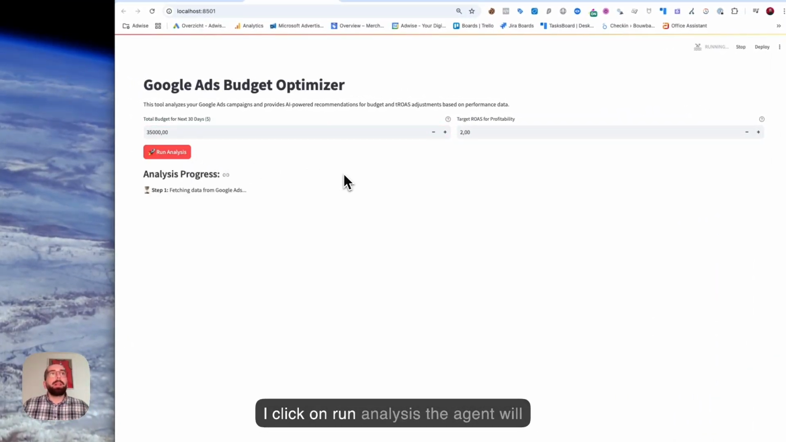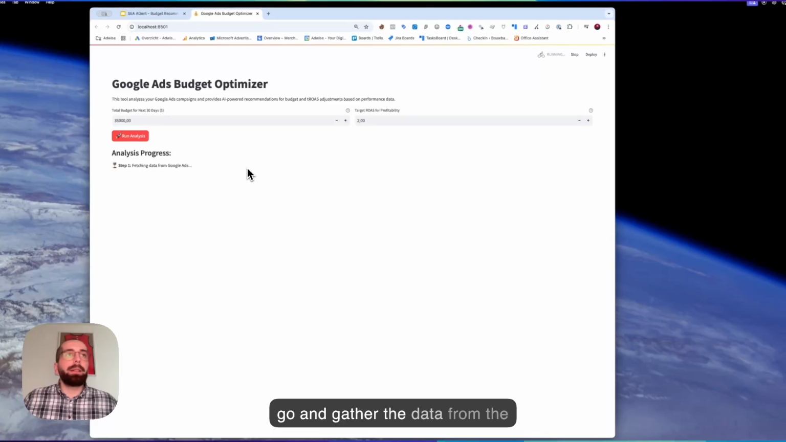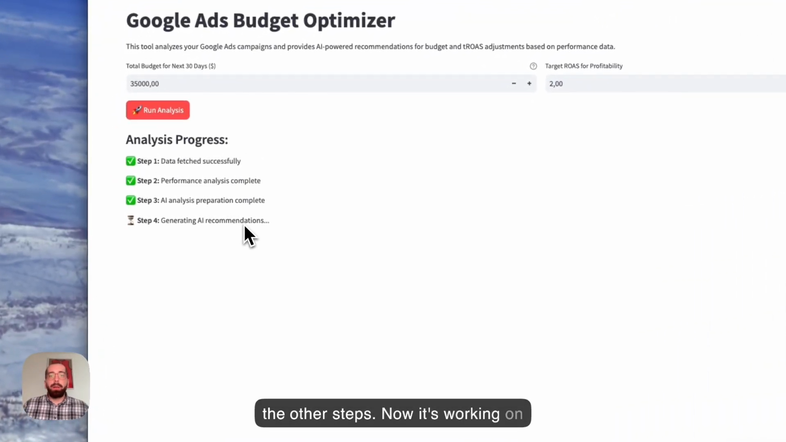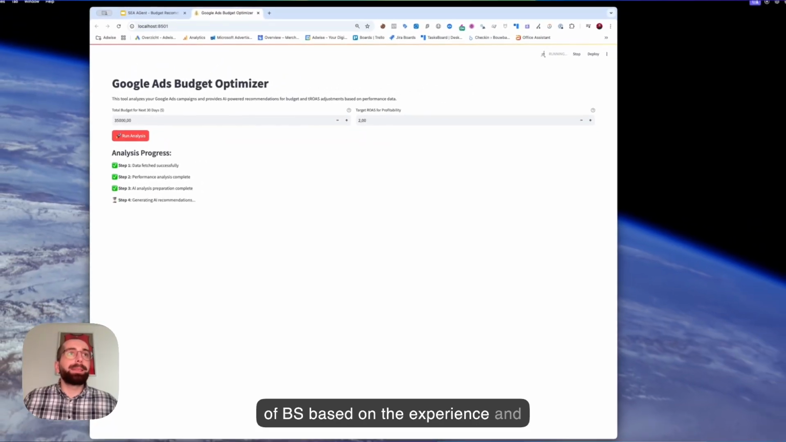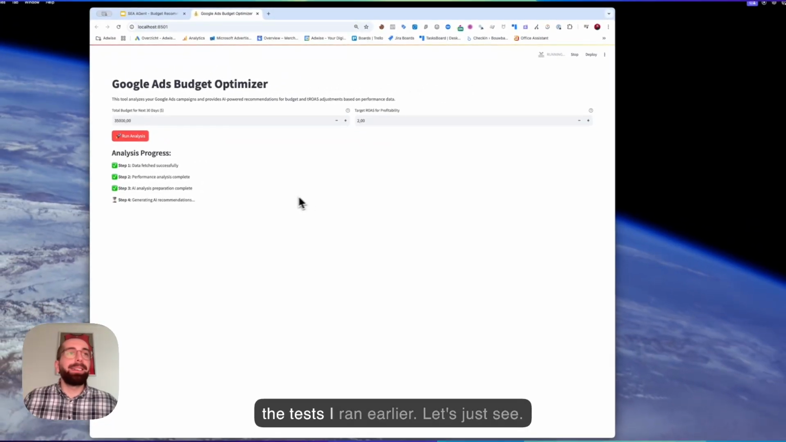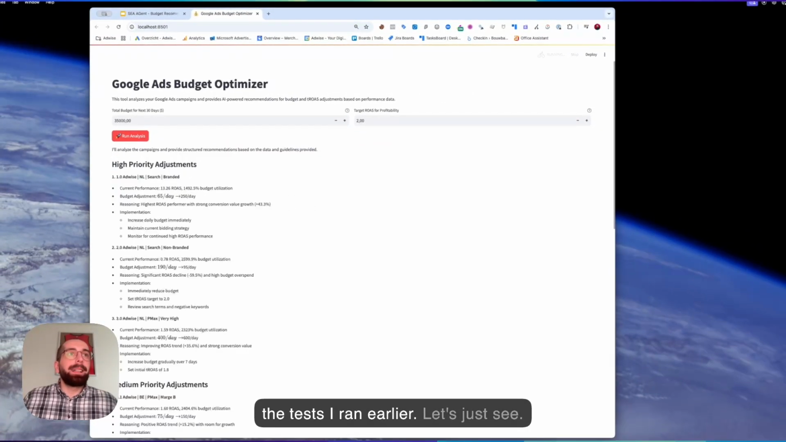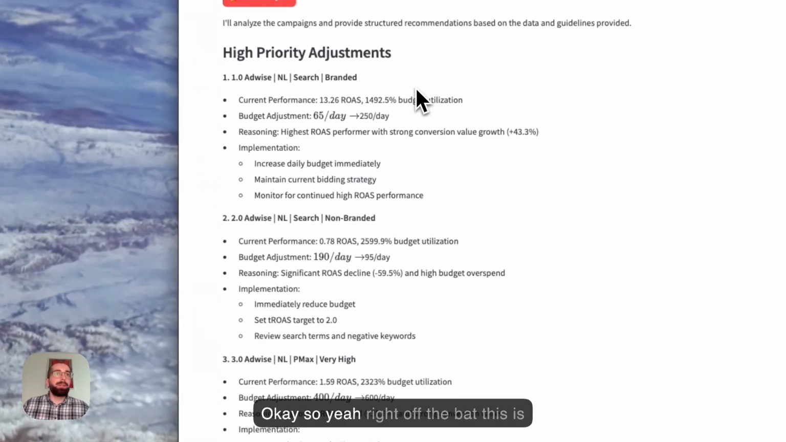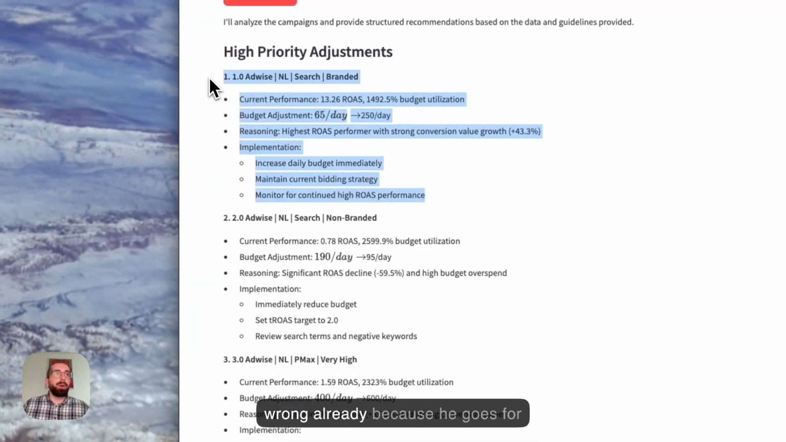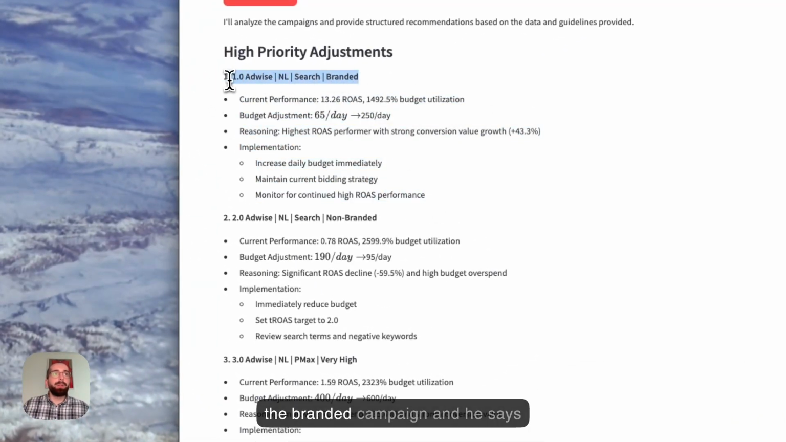When I click on run analysis, the agent will go and gather the data from the Google Ads account. Then you can see the other steps. Now it's working on generating the recommendations for this account, which will probably be a lot of BS based on the experience and the tests I ran earlier. Let's just see. Okay, so right off the bat, this is wrong already, because he goes for the branded campaign